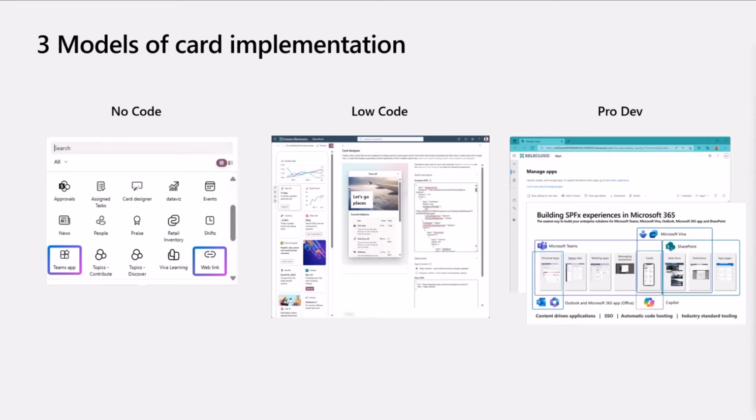other APIs. What about Copilot Studio integration in the card designer? Yes, we're working on that as well. So there's a lot of interesting scenarios here in the future. Copilot integration directly within there at the low-code level. Definitely coming. And then the final option is the Pro Developer option, where you're using SPFx, which is SharePoint Framework,